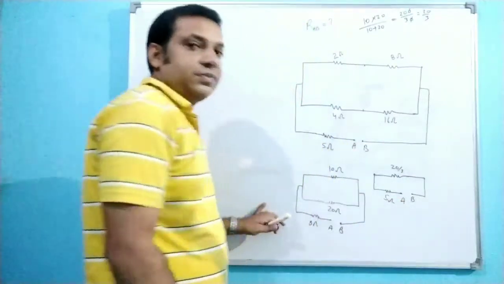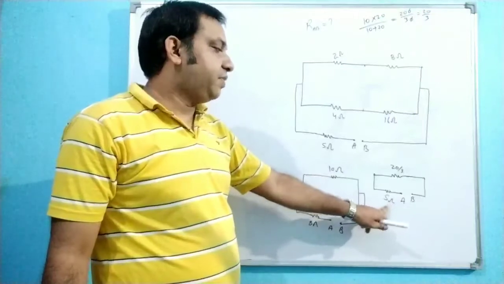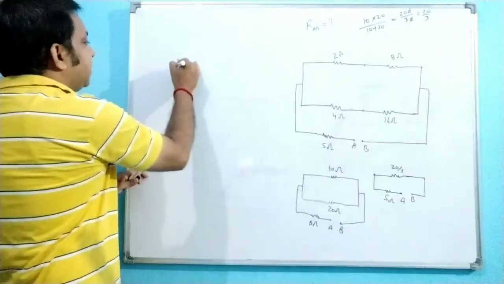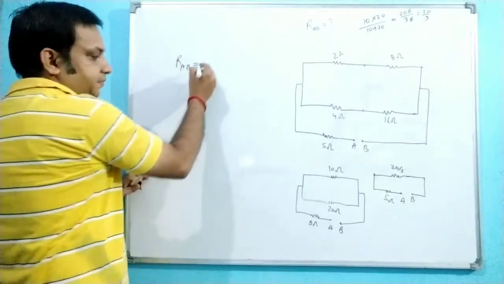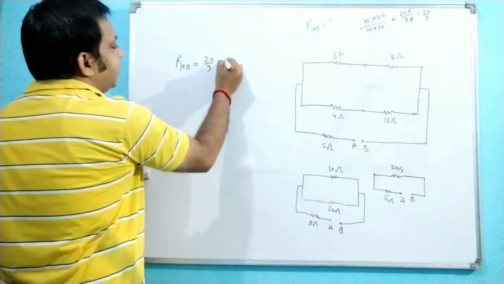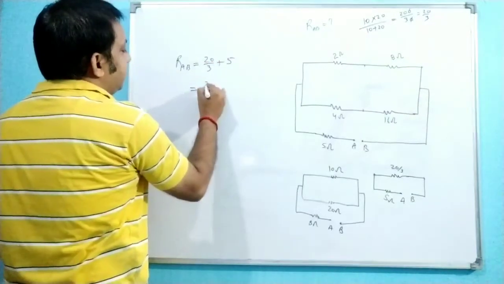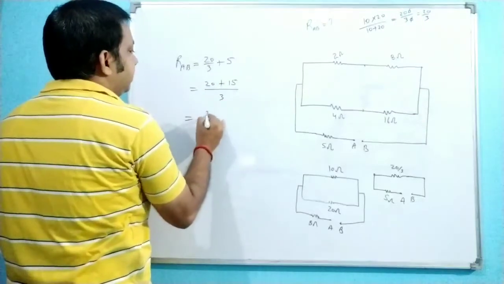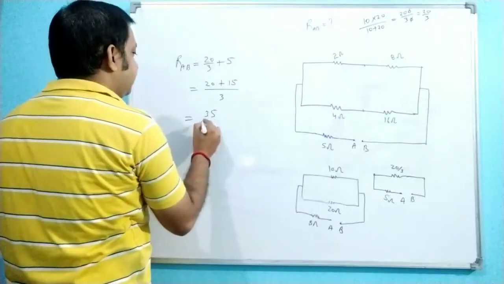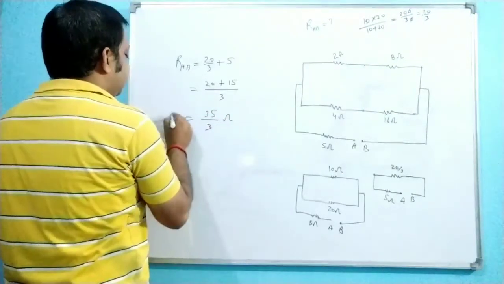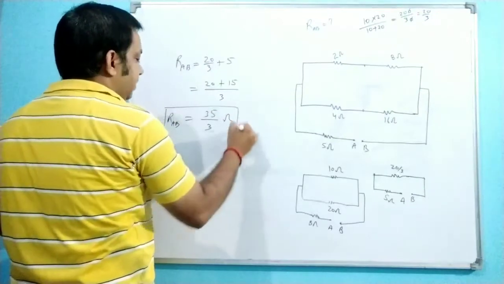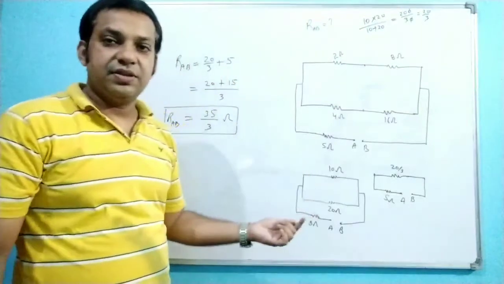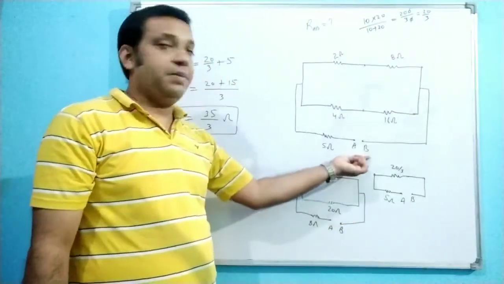5 ohm. Now you see this is a very simple circuitry. 5 ohm and 20 by 3 ohm are in series combination. Also it is a single wire, so what will you get as RAB? RAB you will get 20 by 3 plus 5. Just simplify this one. 20 plus 15 divided by 3, that will become 35 divided by 3 ohm. So this is your net resistance across the AB terminal. Right? So this is the net resistance offered across this AB terminal.